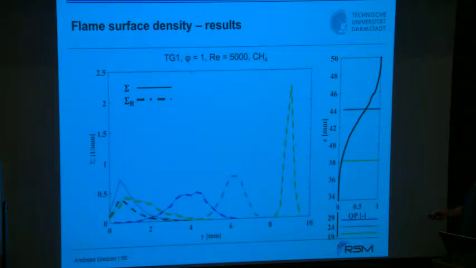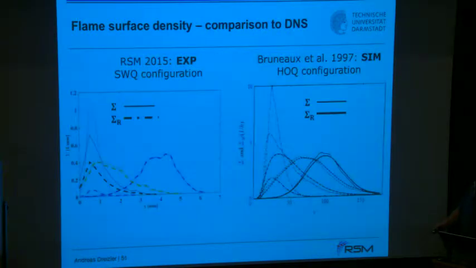So the differences start to shoot up in this region, where you see that the reactive flame surface density tends to 0, and the normal one, expressing the laminarization and ignoring the quenching at those downstream positions, is shooting up. And going even further, at 48, the reactive one goes to 0, expressing that here the reaction has been terminated, it's quenched, whereas in the other definition you still see this laminarization